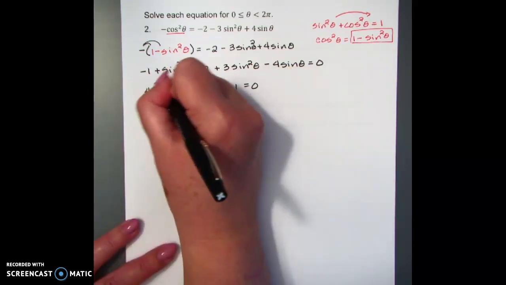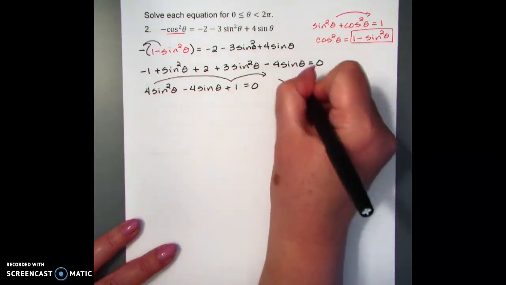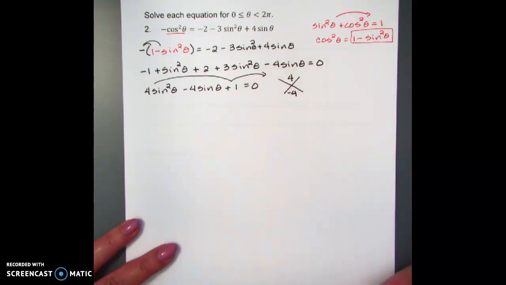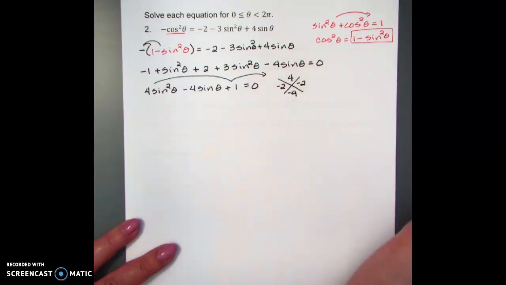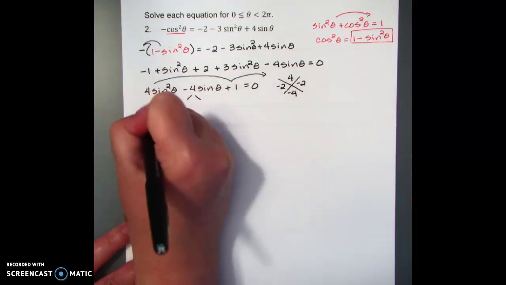So we're going to want to factor this. So 4 times 1, doing my hop, skip, and a jump, is going to be 4, and my middle term is negative 4. So we're going to say what multiplies to give me 4 that adds to give me negative 4, and that's going to be negative 2 and negative 2. So we're going to split this sine up